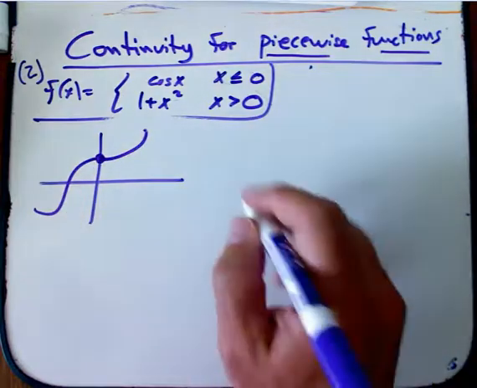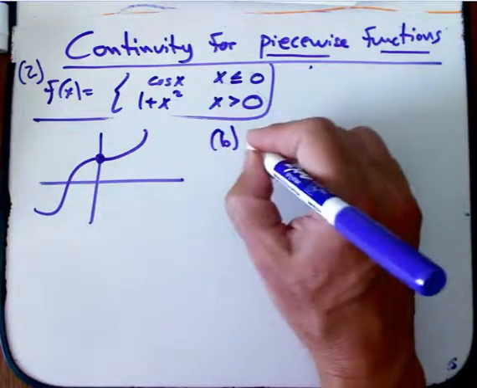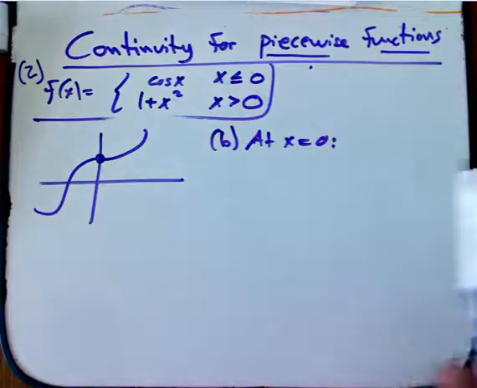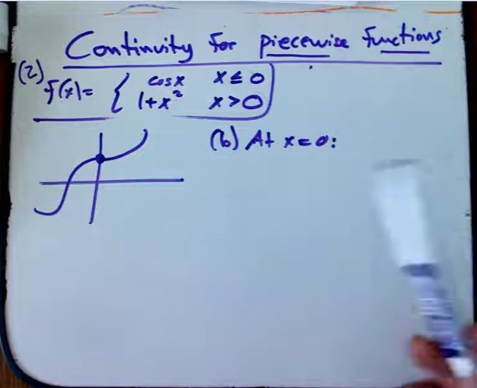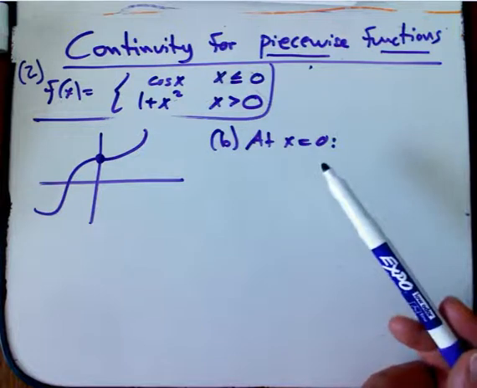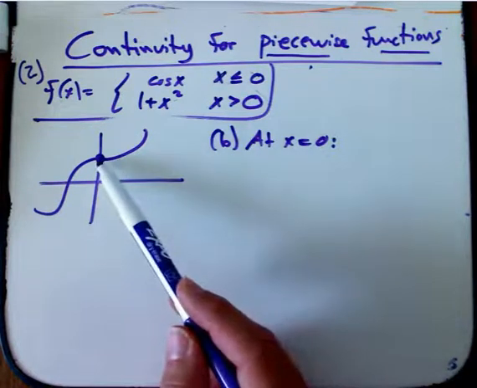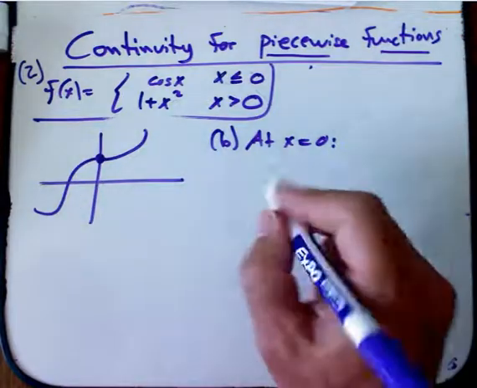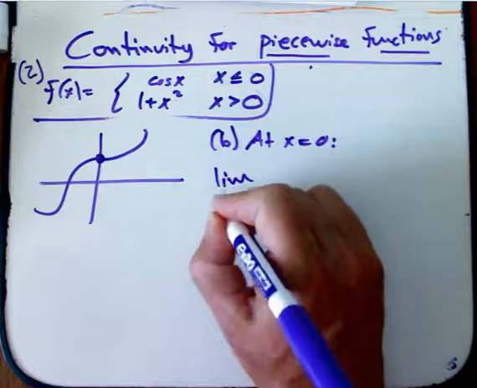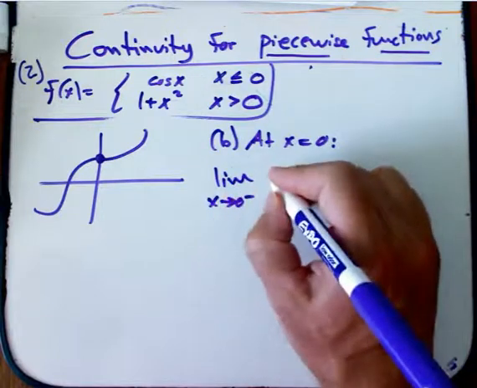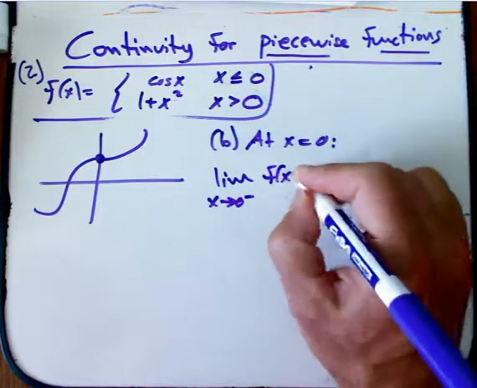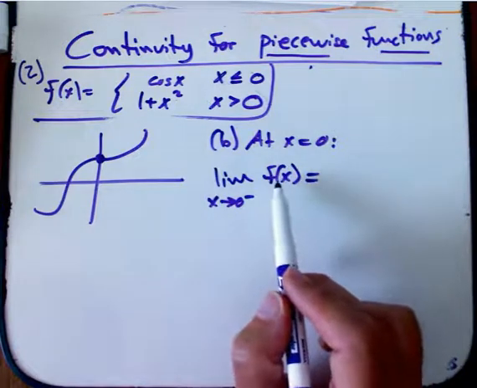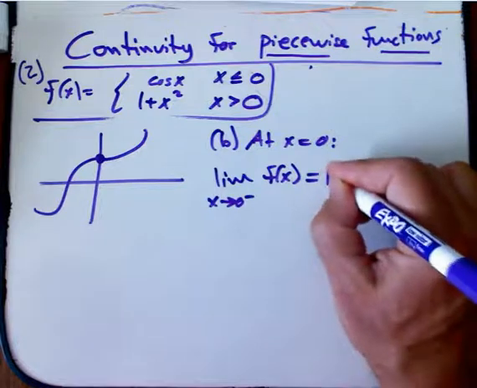Okay, so now part B, at x equals 0. We need to trot out the left-hand limit and the right-hand limit. We need to show those are equal to show that there's a limit at all. And we need to evaluate the function at that point, which is not going to be hard, show that it's equal, and then we're going to be okay. So, very similar, this is exactly what we did before. Limit as x goes to 0 from the left. Start out by just naming it by its generic name f of x. And then say, oh,